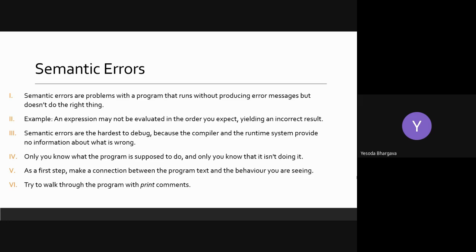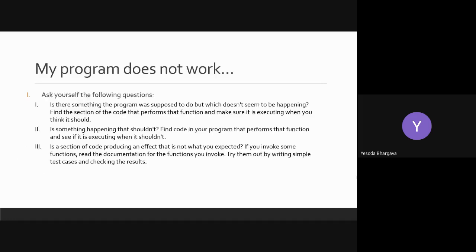So semantic errors, remember, are different from runtime errors. A semantic error basically means that something is wrong with the logic of the system, but the poor logic is not showing up as an error during the compilation. And these are extremely challenging to debug and also quite interesting to debug. So tomorrow I will try to show you one of the examples of semantic debugging, starting in the class.